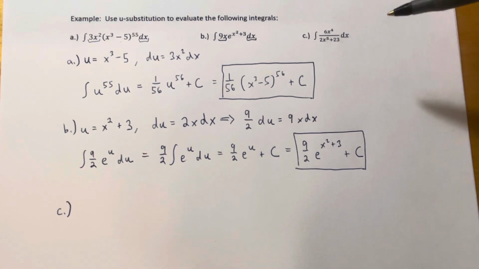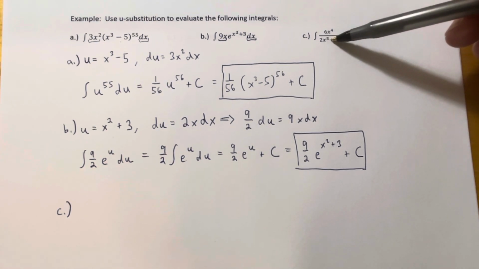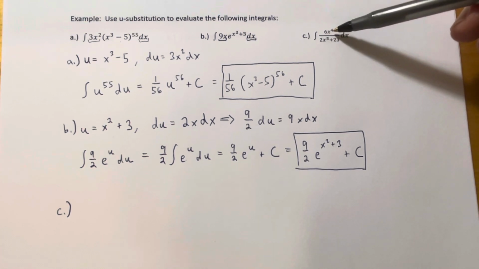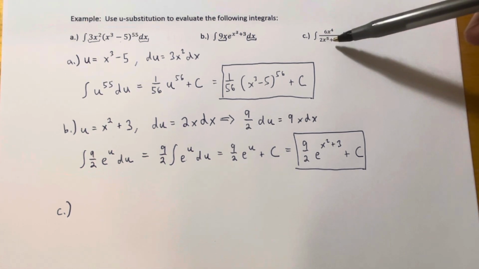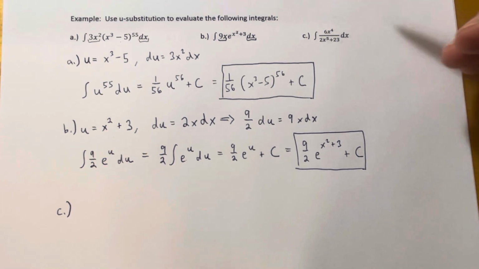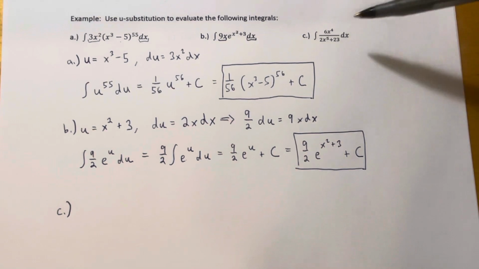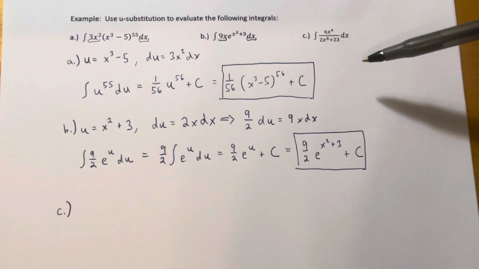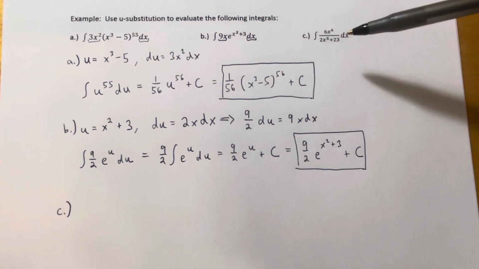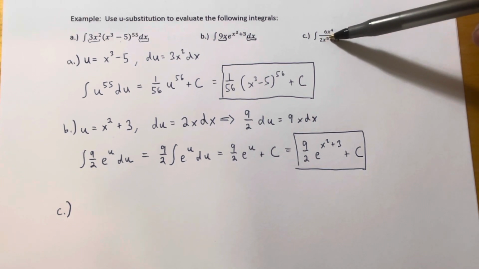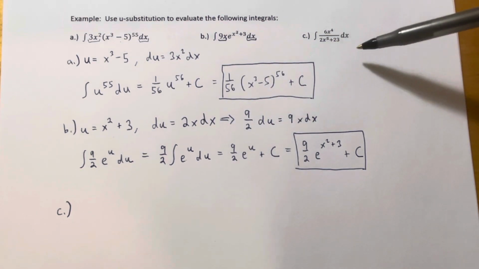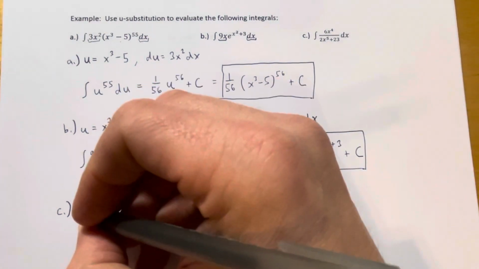You'll also notice that the degree of the polynomial down here in my denominator is 5, and the degree of the numerator is 4. So the denominator has a degree that is 1 higher than the numerator. And I know that if I take the derivative of a 5th degree polynomial, because of how the power rule works, I'm going to end up with a 4th degree polynomial. So what that tells me is that if I have this 2x to the 5th plus 23 down here, if I were to set that equal to u,